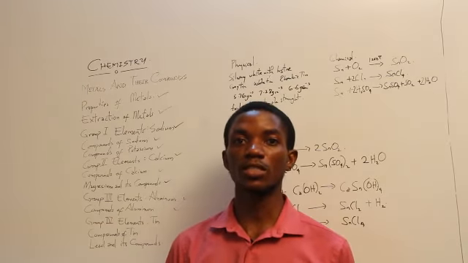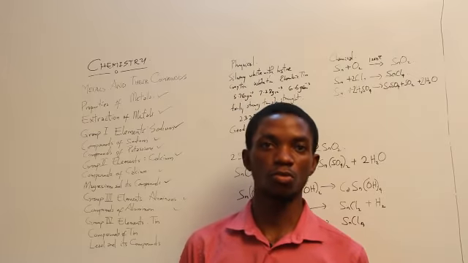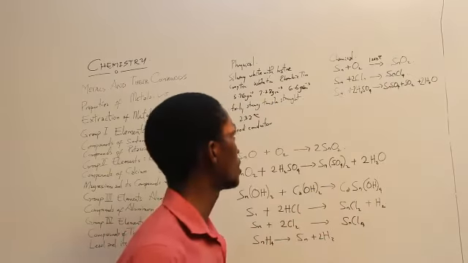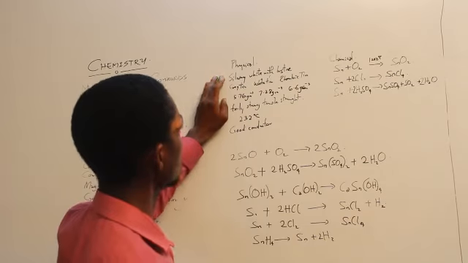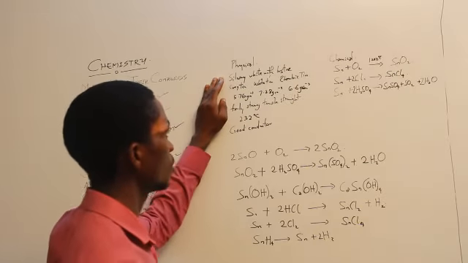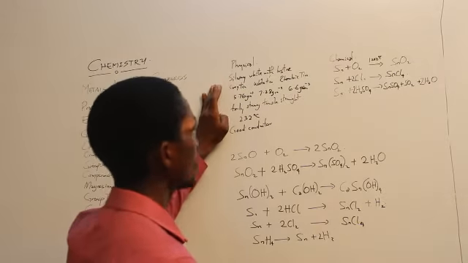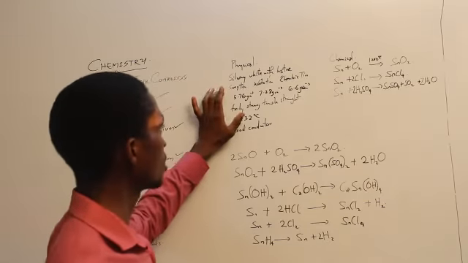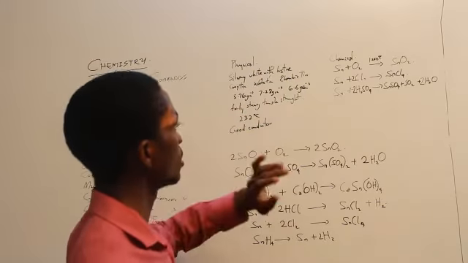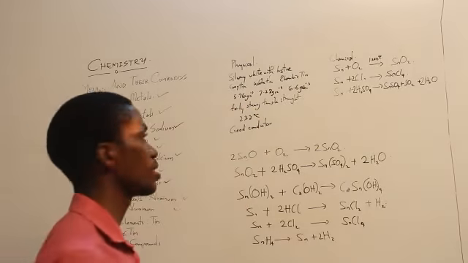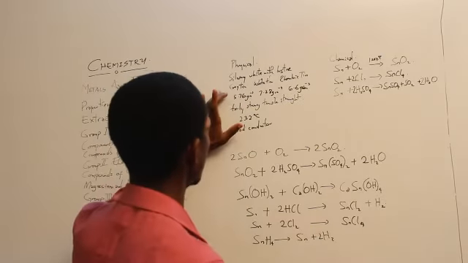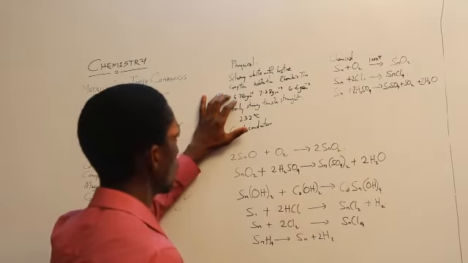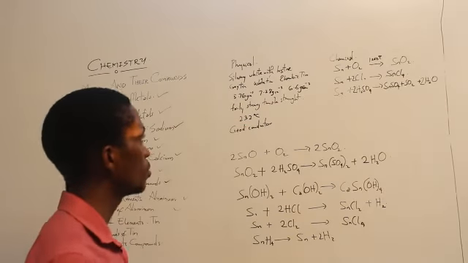We're looking at tin as one of the members of group 4. So let's consider tin. Tin has a silvery white appearance with luster. It has 3 different allotropes: the gray tin, the white tin, and the rhombic tin, with different densities. Gray tin is about 5.76 gram per cm cube.